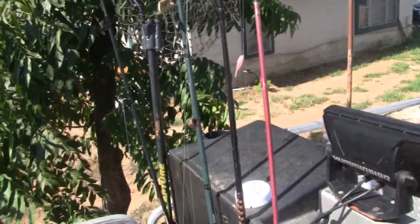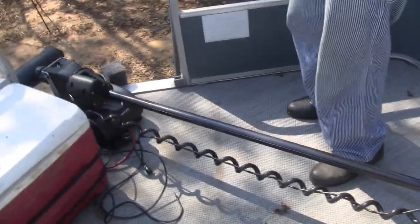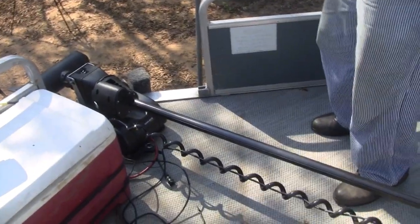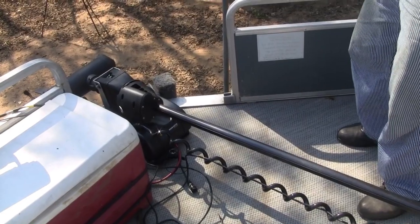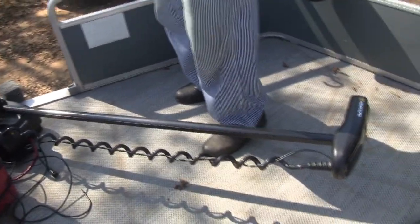Anyway, we'll go up here to the trolling motor now. We had a little hand tiller on the little 16-foot boat that we sold, and we had to have an anchor. And so Judy, 3 years ago, bought us an electric anchor, so I wouldn't have to lift that anchor up 20 times a day. I could just punch that button, put anchor down. But